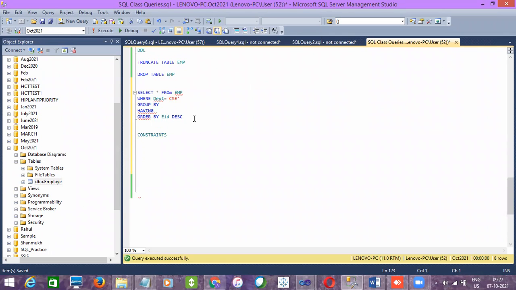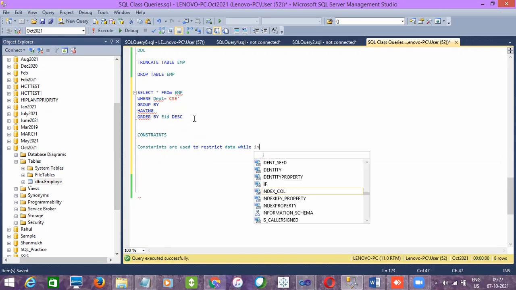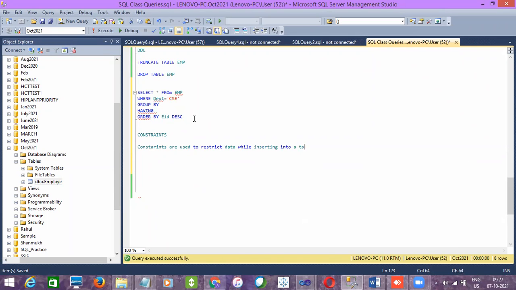Right, so constraints. The constraints are used to restrict the data while entering into the table, while inserting data into a table, right? So constraints are used to restrict data while inserting into a table, which means,